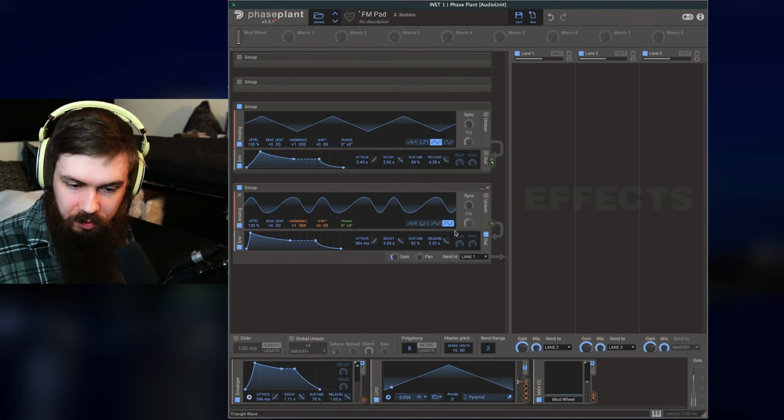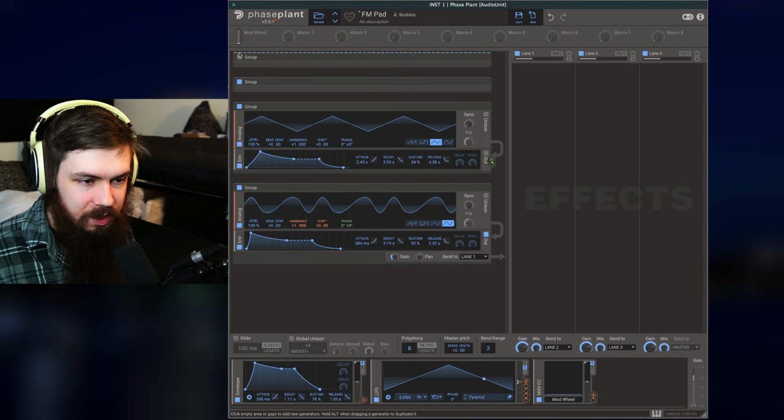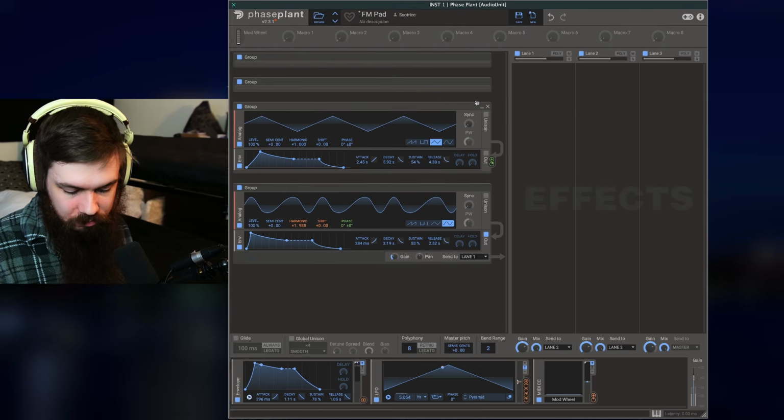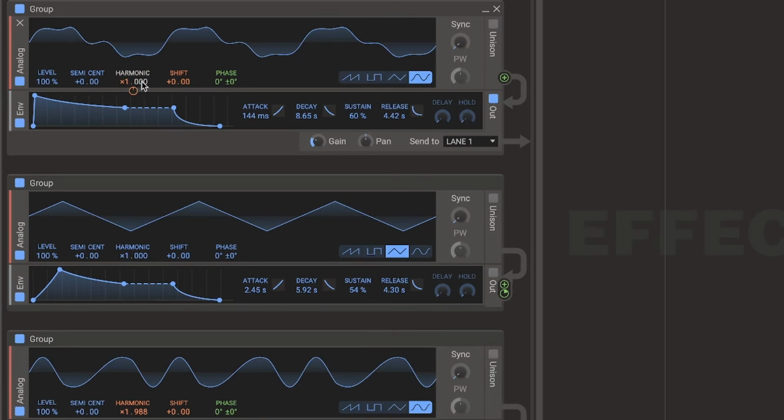I can soften the sound by turning the carrier to a sine wave. And so all of these together sound like that. I'm going to change